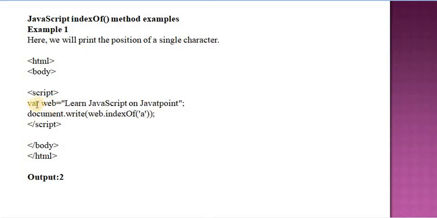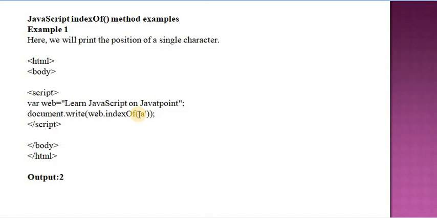I am declaring one variable, web, equal to the string "learn JavaScript on JavaTpoint", and I am finding the index of A. It returns the position of the single character A. With the document.write method, the result of web.indexOf is displayed on a web page.